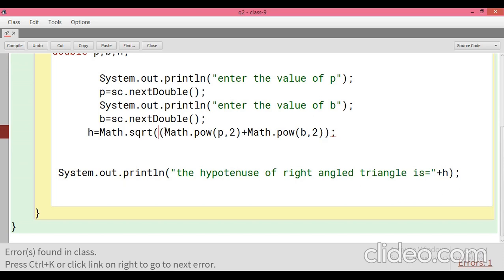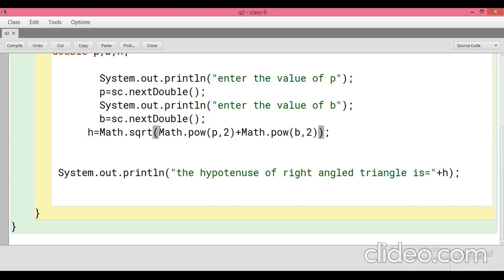Sqrt, Math dot pow. No need of bracket here. Compile. No syntax error you can see at the bottom of the window. Now your program is correct.